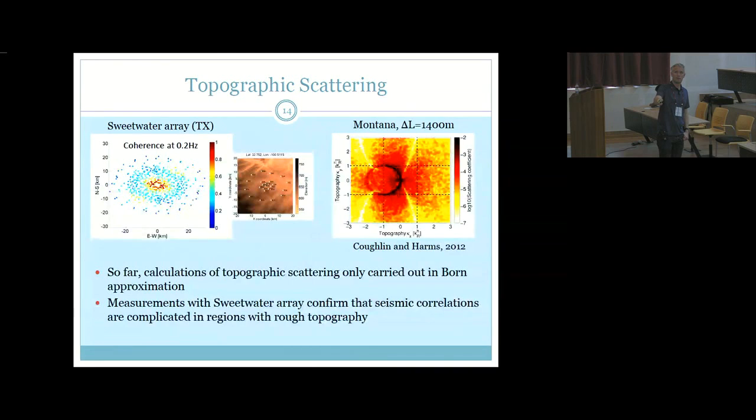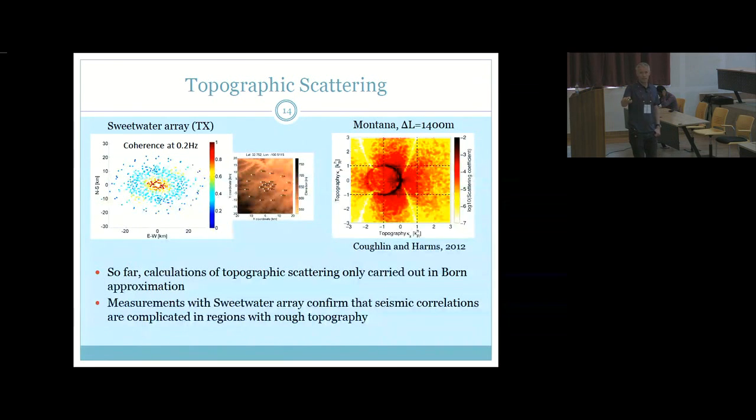For that reason, we have looked at correlation functions at some sites in the world, and here there was also some elevation change in Texas. There happened to be an array deployed there, not by us, but by other people, geologists and geophysicists. The elevation change could be linked to structure in your correlations between sensors. If they happen to be separated along this direction, then you can see local maxima of correlation. In this other direction, however, there are no such local maxima.